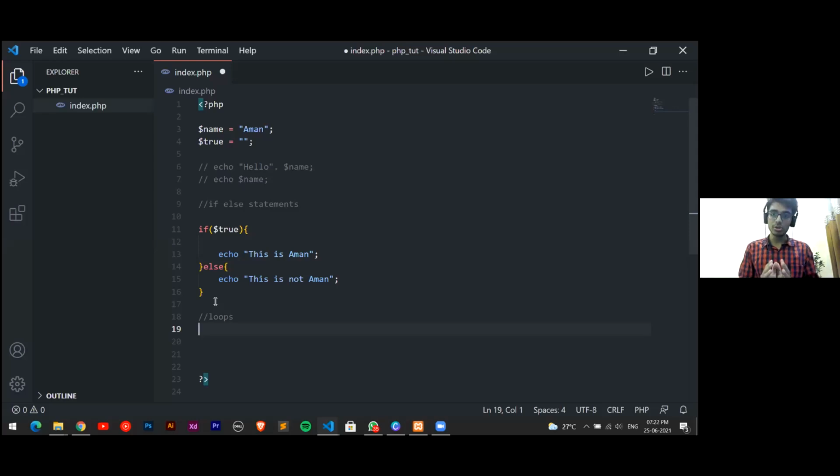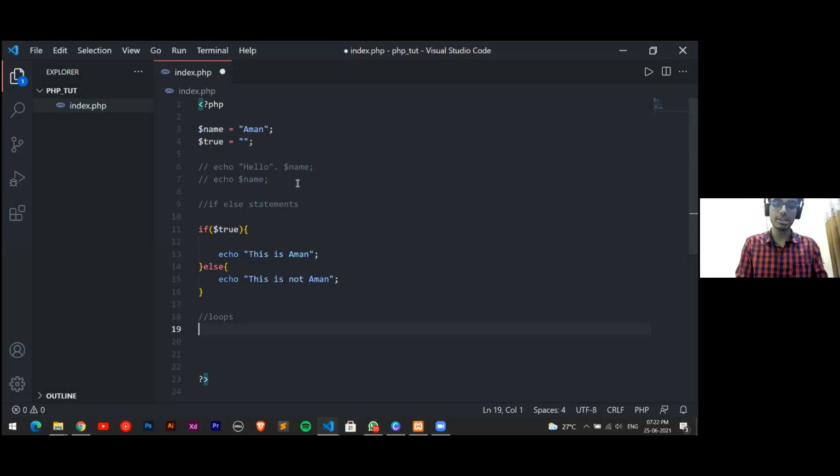As we all know, arrays have key value pairs inside them, so it is a combination of key and value. Let's say this is the key, and this is the value of the same. If I store this multiple times, it will be stored in an array. So there is a key and there is a value. For that purpose, we use foreach. Otherwise, we use while, for, and do while.